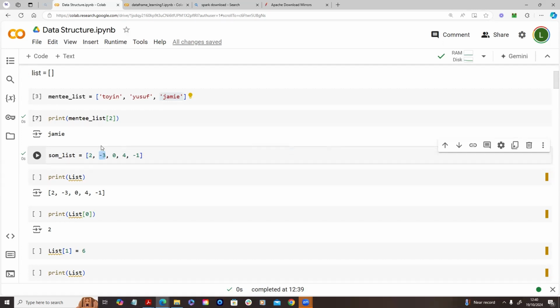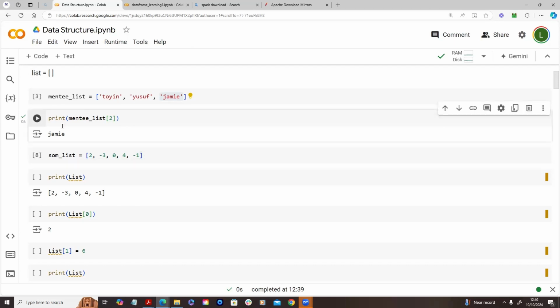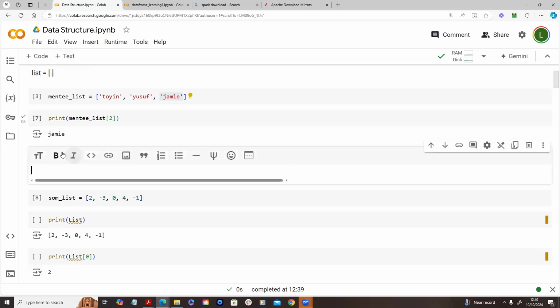Second element is index 1. Third element is index 2. Fourth element is index 3. Fifth element is index 4. It's like you are taking 1. So in this case, to recognize index, let me put it here. I think it makes sense if I do that here. So for index,